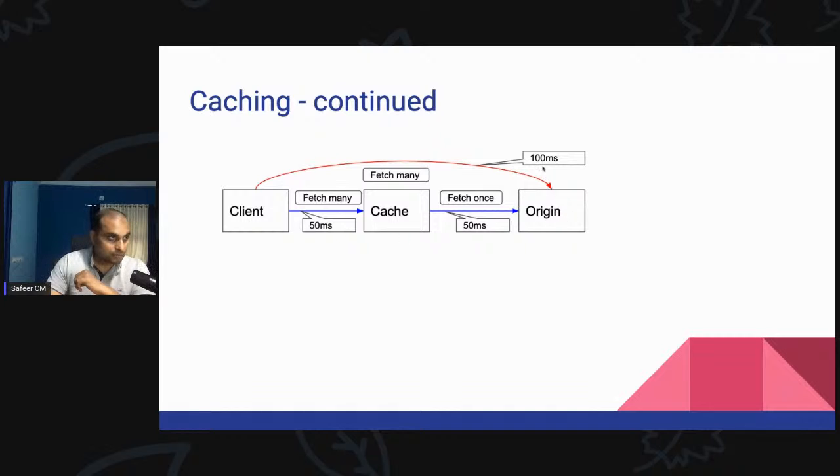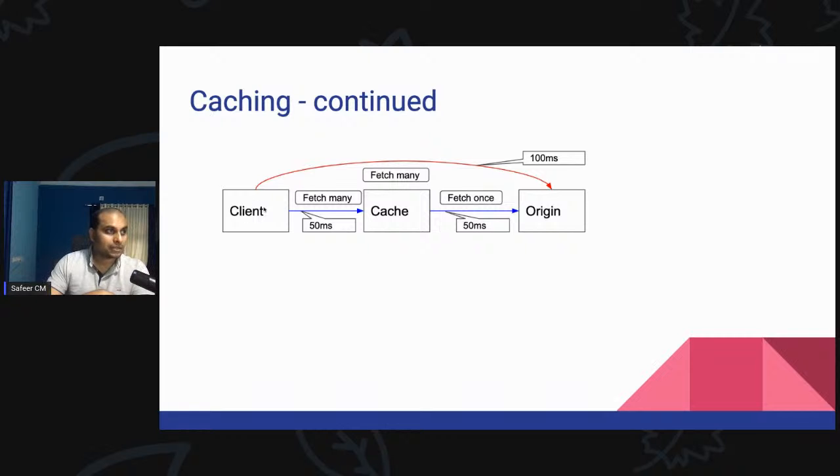Instead of the origin, in the case of a cache, the client requests my profile picture from the cache. What does the cache do? It looks at its own storage to see whether my profile picture, which will definitely have a particular file name, is there. It would look for that file. If it is not available, this is the first time my profile is being fetched. The cache service, on behalf of the client, will talk to the origin server and fetch that image